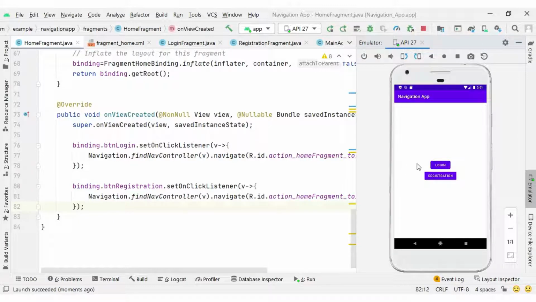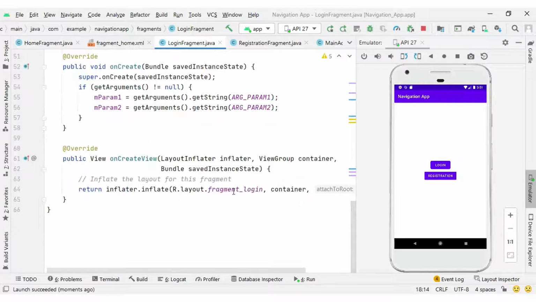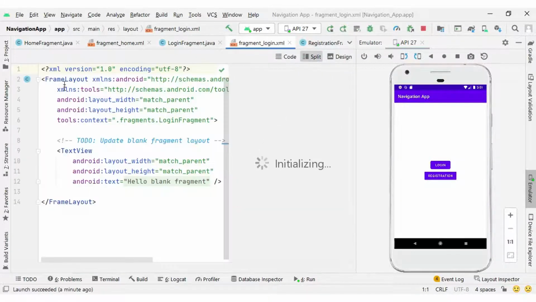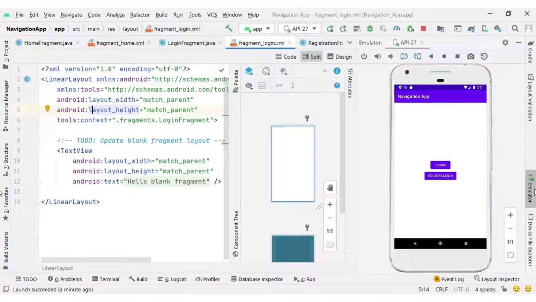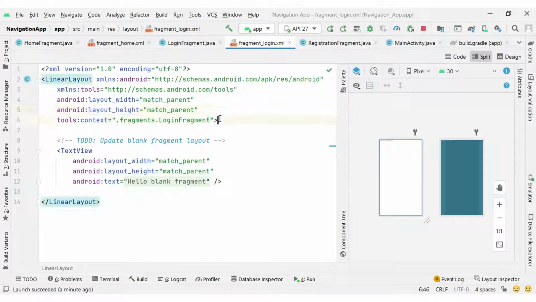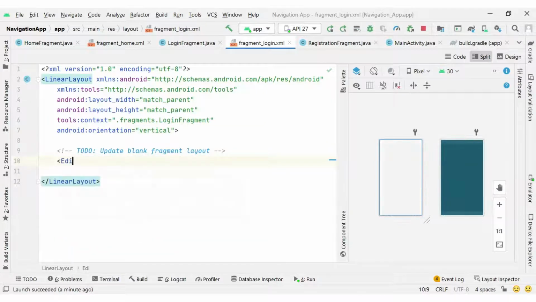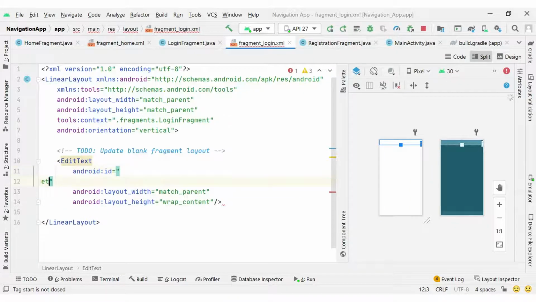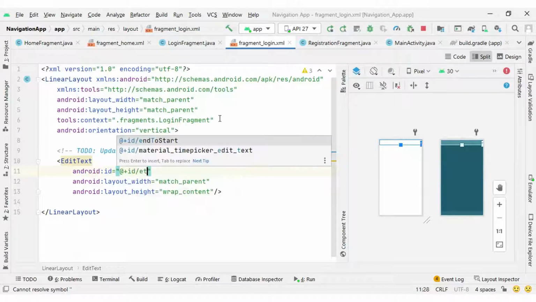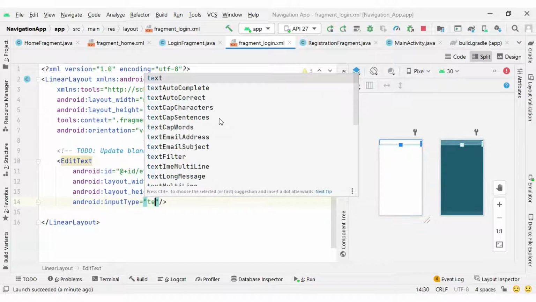And now let's design something inside our login fragment, so it is better for us to understand. So let me design something here. I am going to create a linear layout inside our login fragment with orientation vertical, and an edit text, match parent, wrap content, id et username, and input type text.